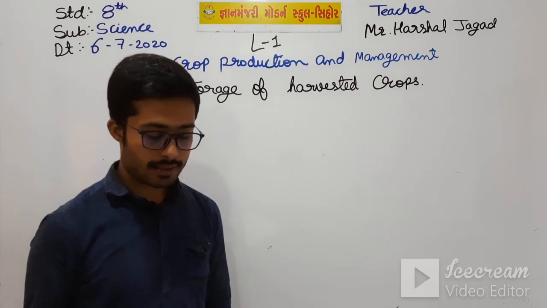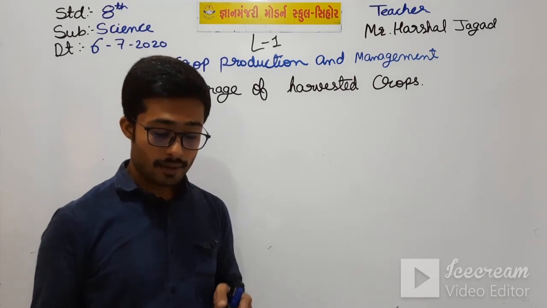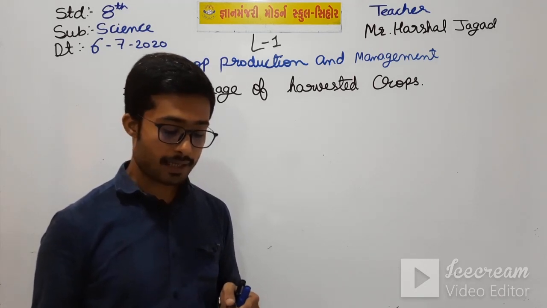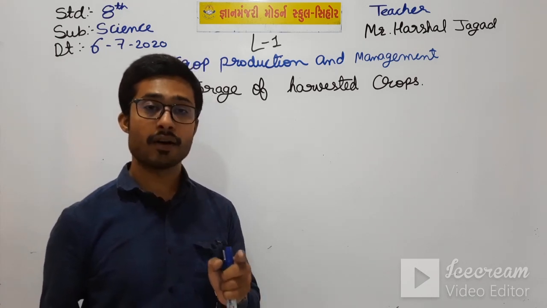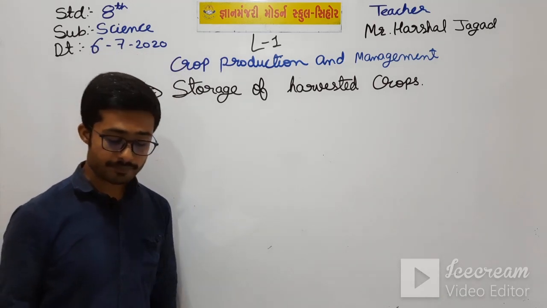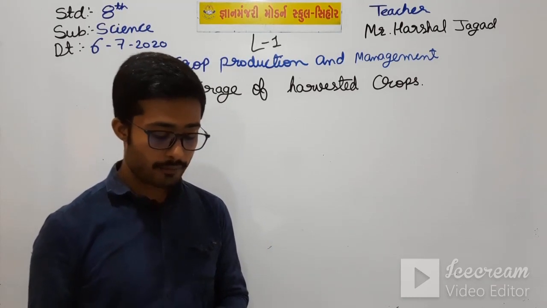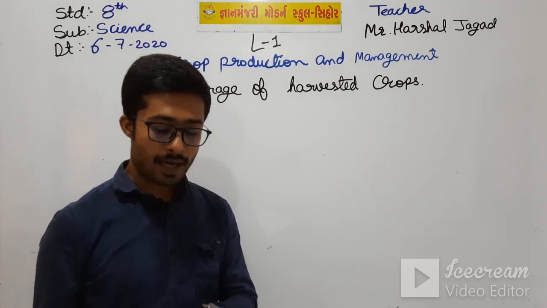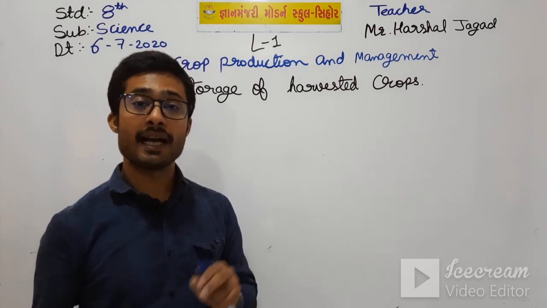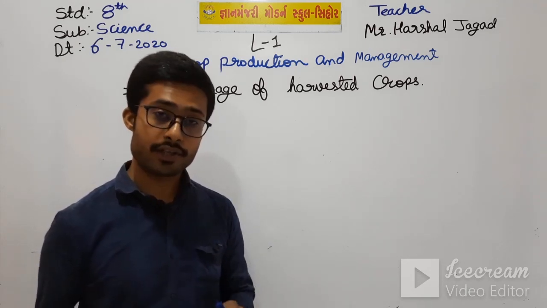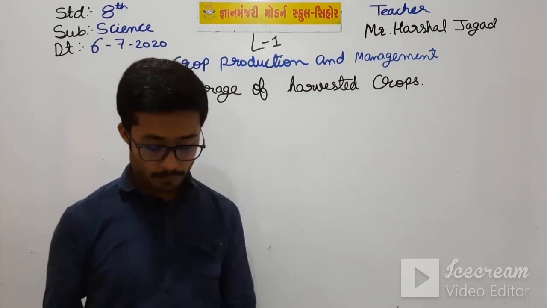Storage of grains on a large scale is done in special areas called granaries and silos. Before they are transported to the market for sale, it is important to keep them in a place clean and free of moisture and pests. So, here two figures are given on page number 17, figure 1.18 and figure 1.19, showing how the grains are stored in a clean and dry place where there is no moisture. If there is moisture, then the grain will be spoiled.